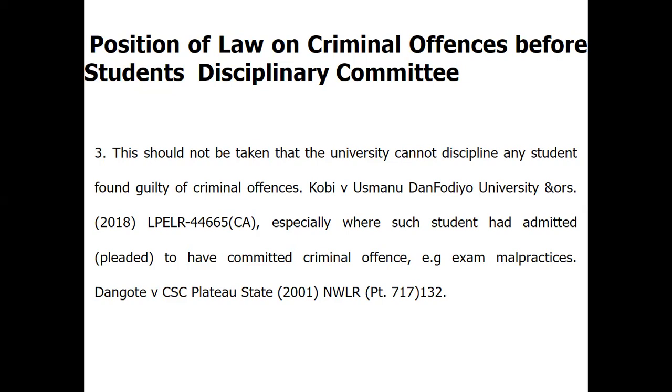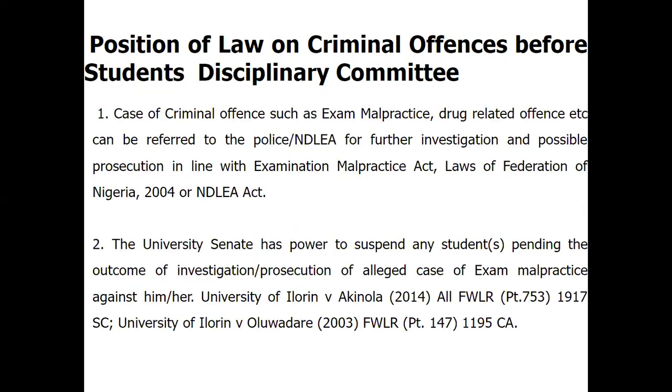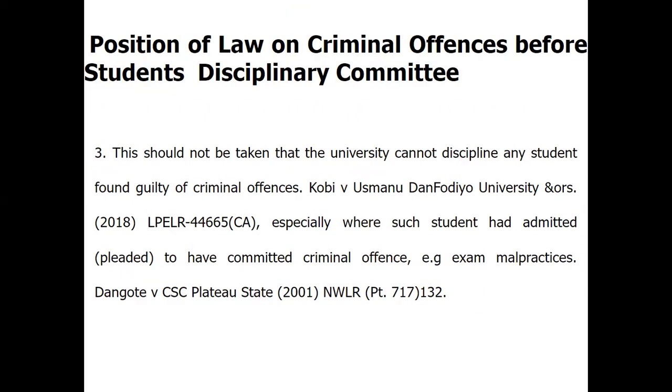But the question to be asked is, does that mean the university cannot exercise its power? The university is expected to carry out another round of forensic analysis to determine whether the offense or offenses in question have a criminal connotation. For example, when you look at the Kwara State Examination Malpractices Act, the Educational Institution Prohibition Law of 2018, it specifically mentions that